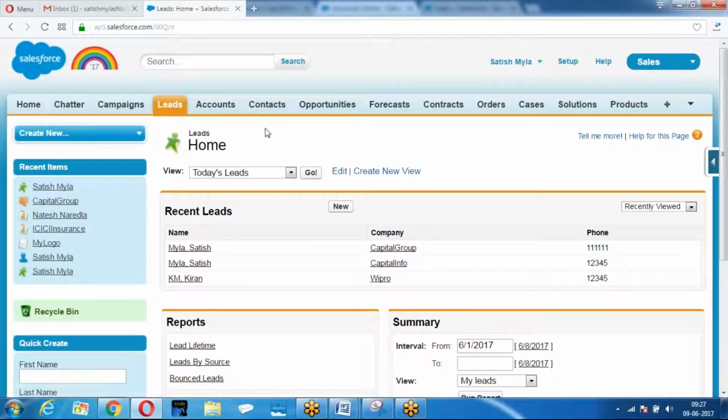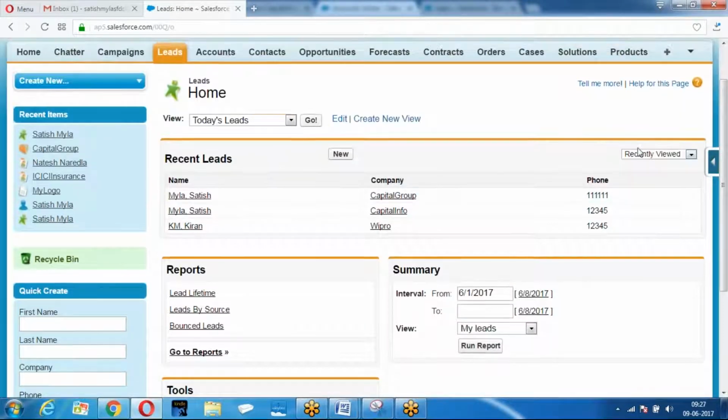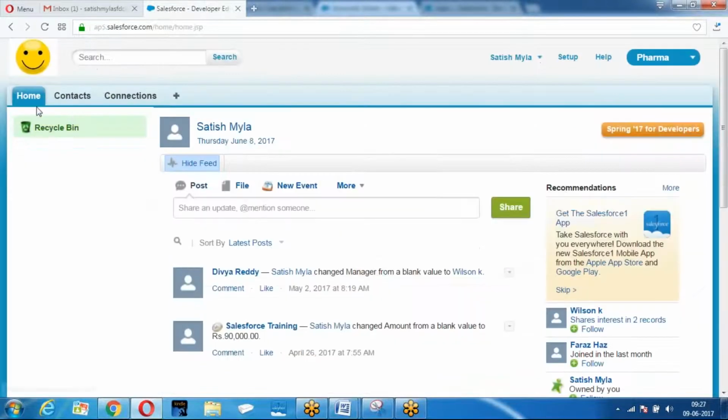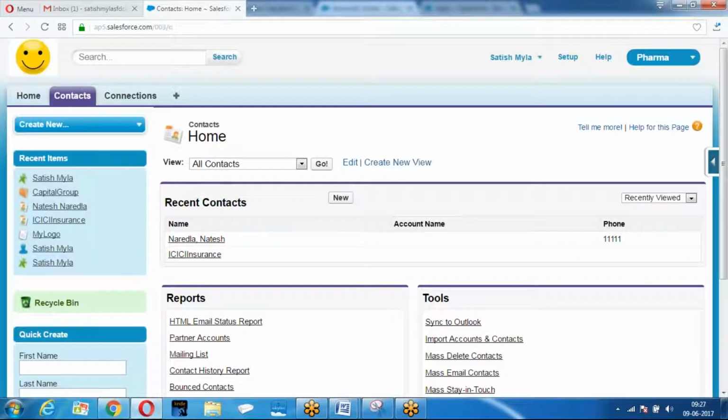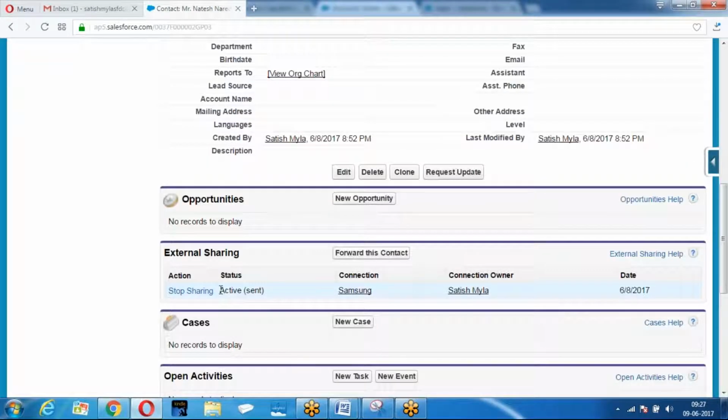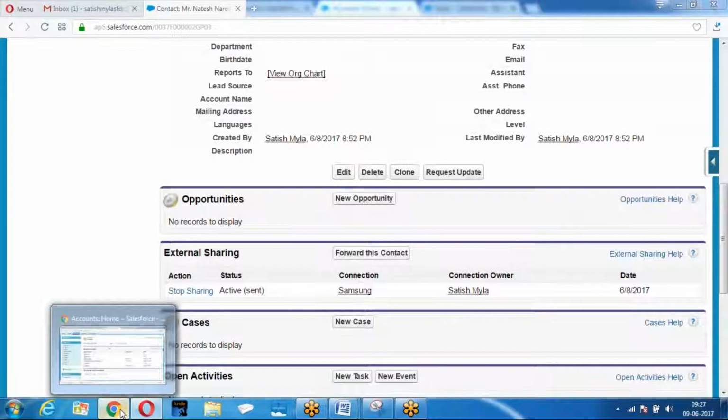Once again, let us go ahead and see. Contacts. What is the status? Active. Now the status is sent.